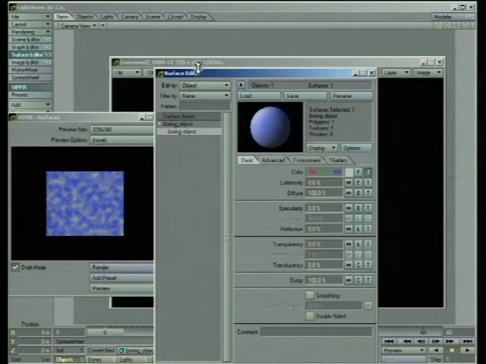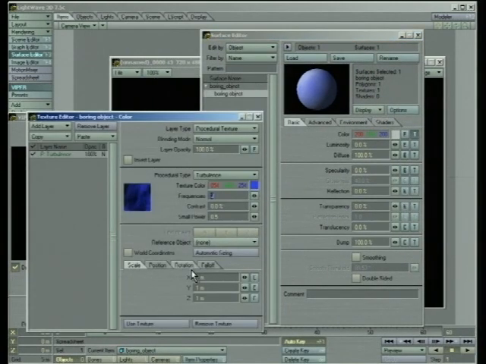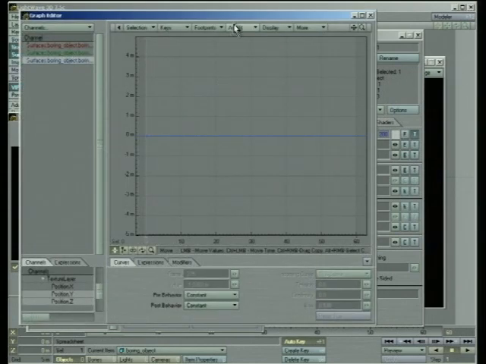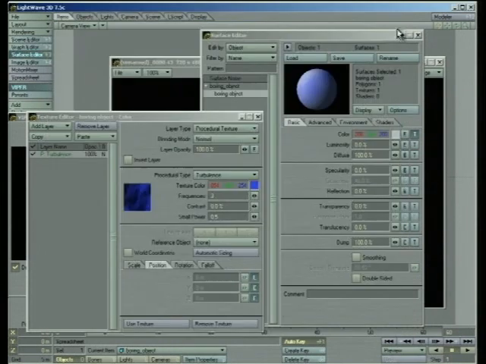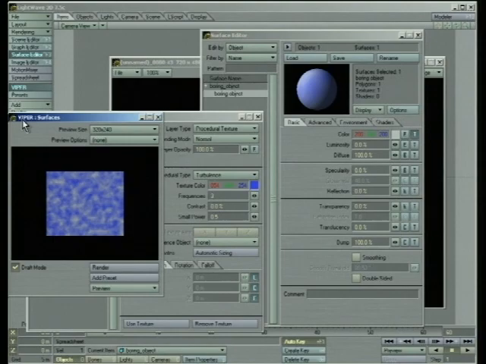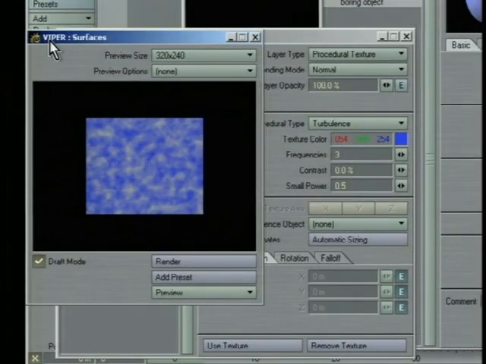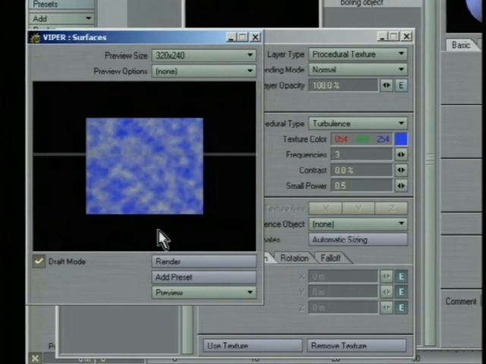Now, if we're in here and we want this to be flowing through us as if it's like a boiling cloud of smoke or something, we can animate the Z position of that actual texture. We'll add a keyframe. We'll add it at 60, and we'll just have it go 1 meter. So over 60 frames, this three-dimensional texture is going to flow through us, and we're going to see different sections of it, and it's going to look like it's kind of boiling and bubbling. We'll make a quick preview of it in Viper,